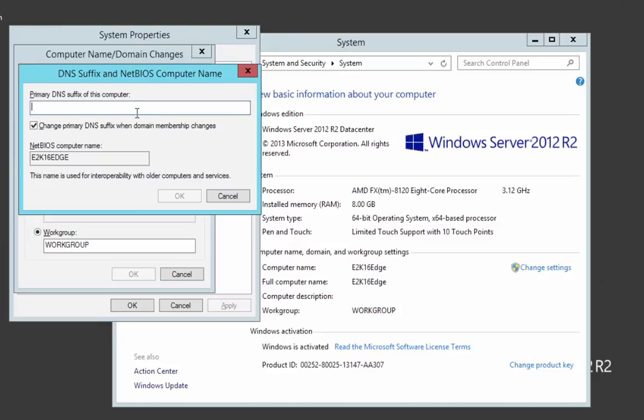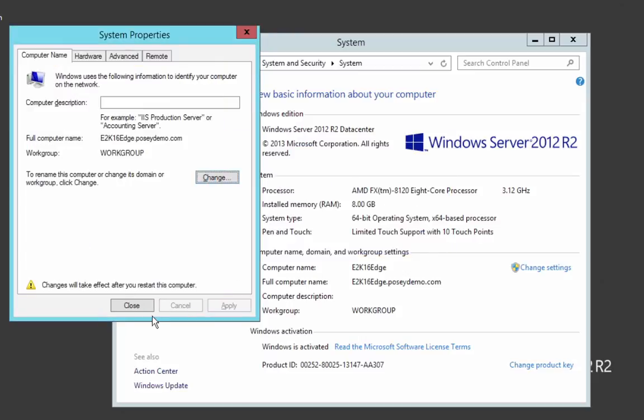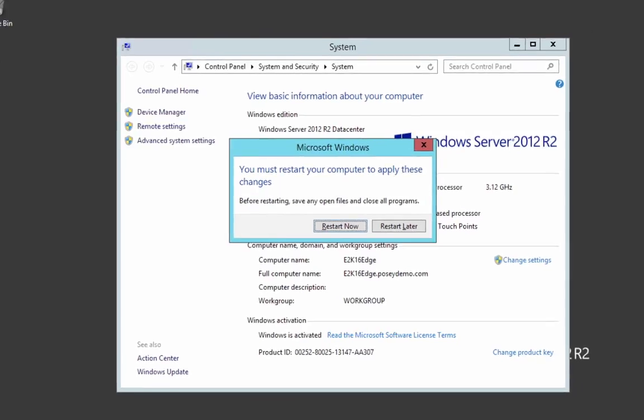And I want this DNS suffix to match my domain name. So this is the same domain name that I'm using internally. In this case, it's posydemo.com. So I'm going to enter that and click OK and OK, and I'm going to end up having to reboot. So I'll click Close, and I'm going to pause the video while the server reboots, and then we'll come back